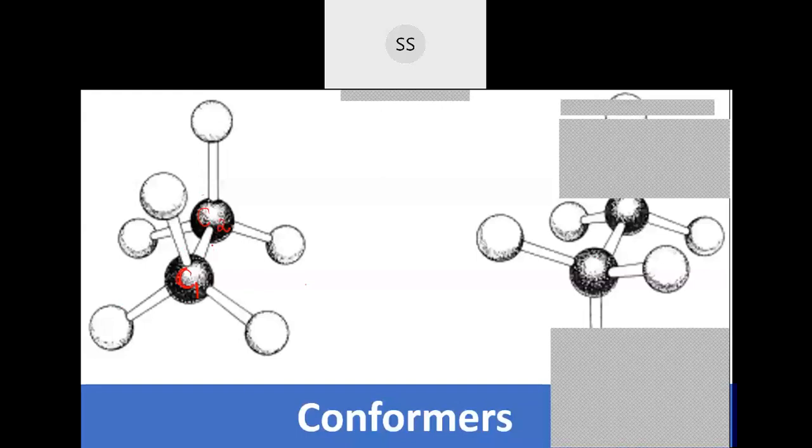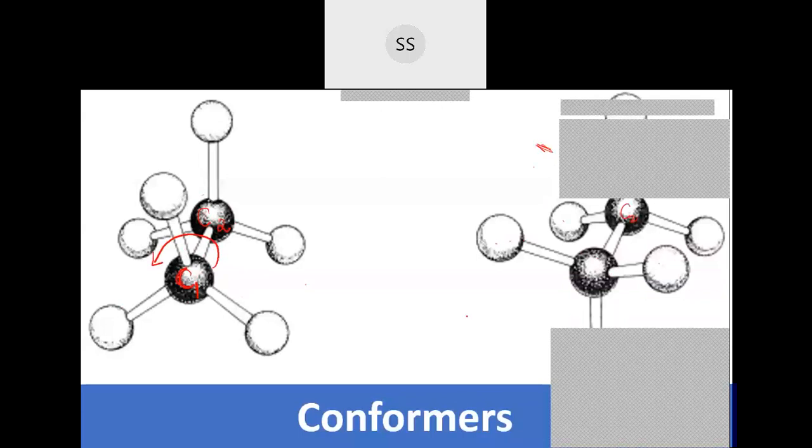But if I rotate this by a particular angle in this direction, I'm showing you the rotation, and keep the one behind as it is, the C2 as it is, just rotating this, then the arrangement will change. The hydrogen has come in between now, in between these two. Second one's hydrogens are here, so this hydrogen will come in between that, if you see the arrangement properly. I told you these are called conformers.